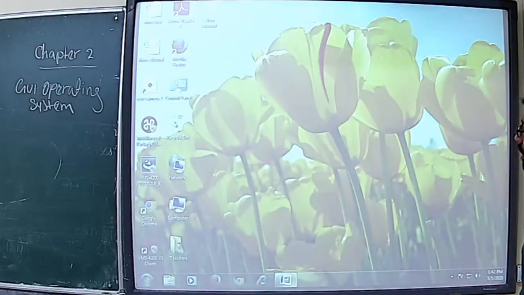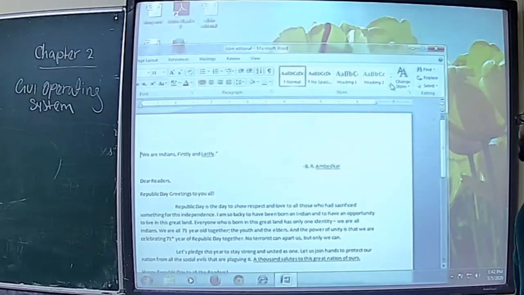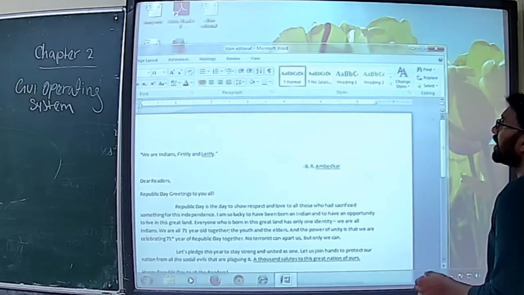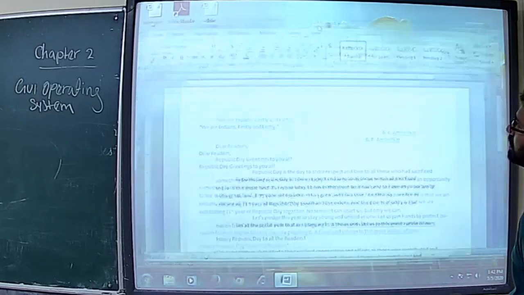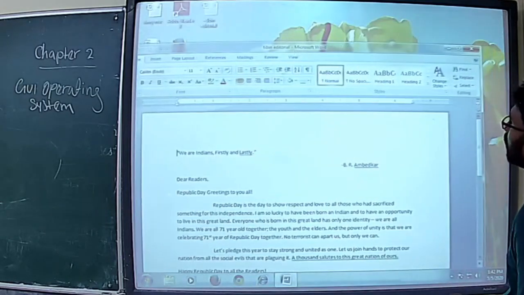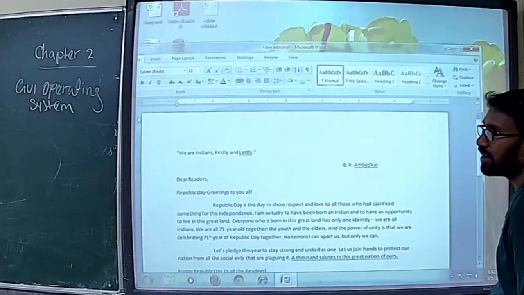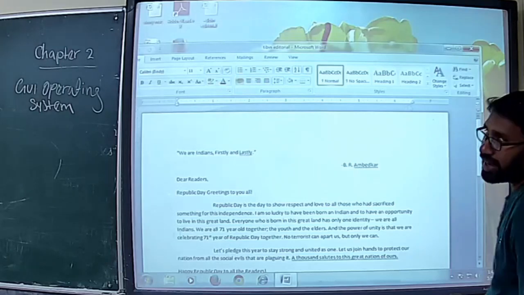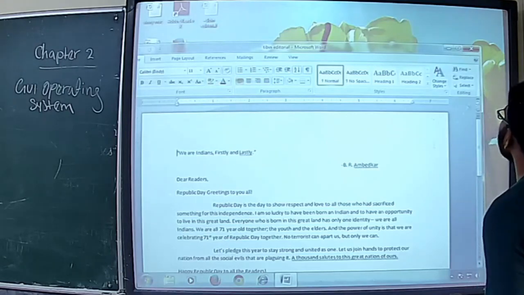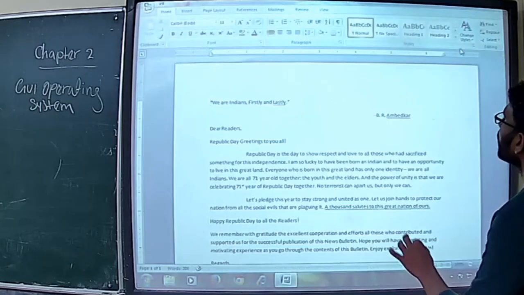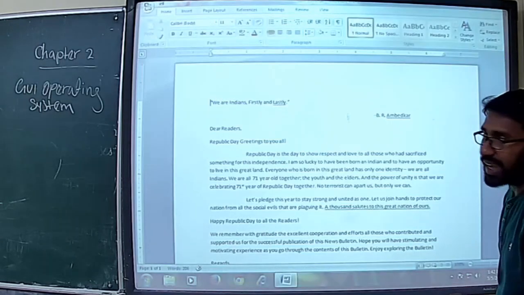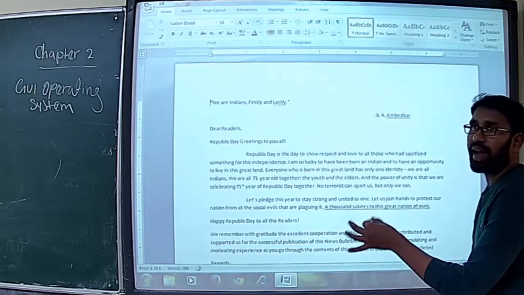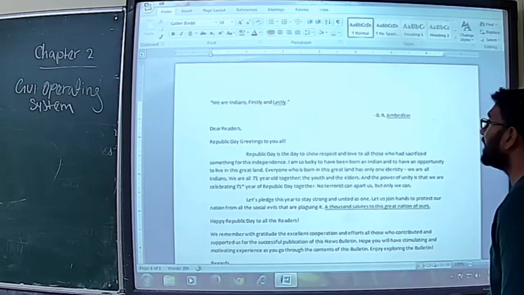Then you can see a small button. It is called maximize. Currently this window is in a smaller form. If you want to get this window in full screen, you just click on the maximize button. The window gets completely maximized, enlarged on the desktop.